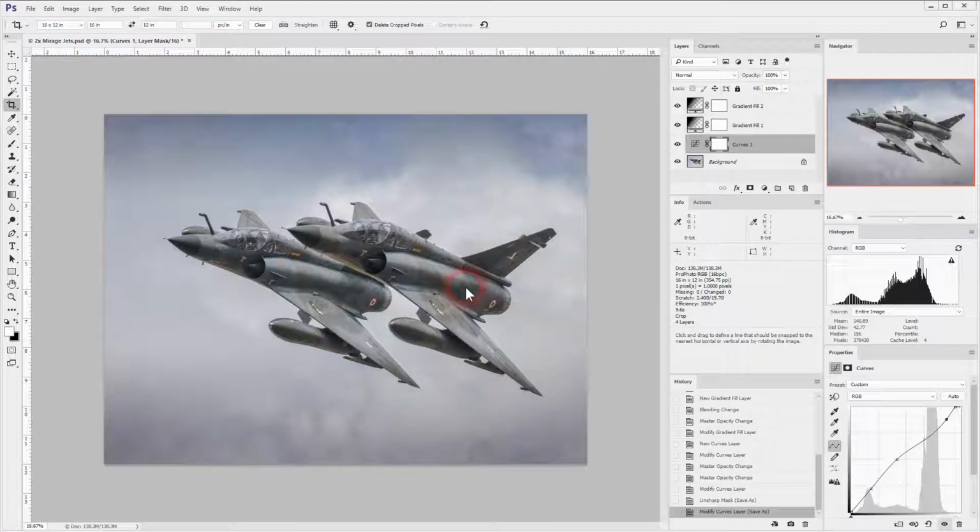So we're now at a position where we can print the image. If we just have a quick recap of what we've done, we can see all the layers. All the layers are intact for the work that we've done there. We can see the info panel, and we've got Pro Photo RGB, 16 bits per channel. It's been sized to 16" by 12", and it will print at a printer resolution of